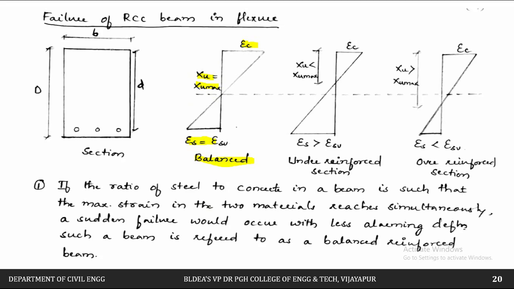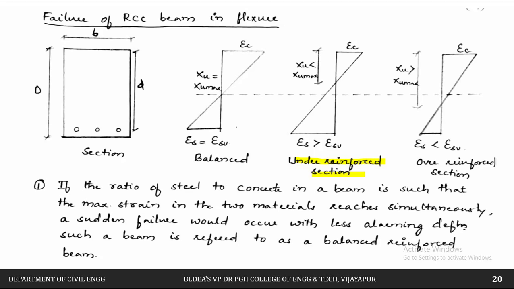EC is nothing but the strain in the concrete, and epsilon S is nothing but the strain in the steel, that you can write as epsilon SU. So this type of section you can call a balanced section. For example, if